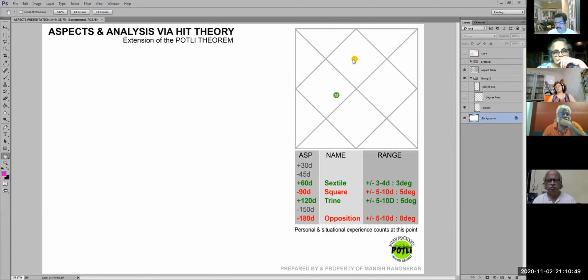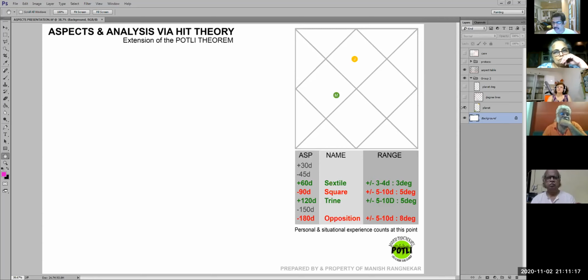Now, when we see this planet and this planet, what do we say? That this planet in an anti-clockwise direction is giving a 30, 60, 90-degree hit. Correct? So when we see a planet like this and feel that these two are hitting each other, we say that this one is giving a 90-degree hit to that one. But when we see it in the red green chart, let us say, there is no hit over there. It is showing something different. So how do we read that is the main question.